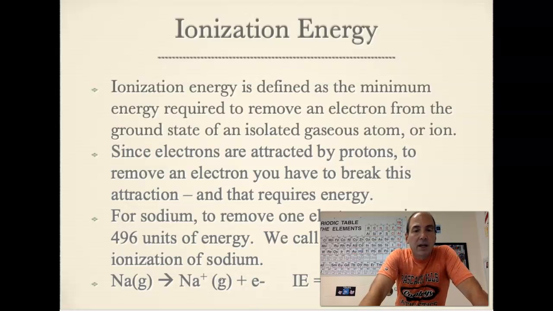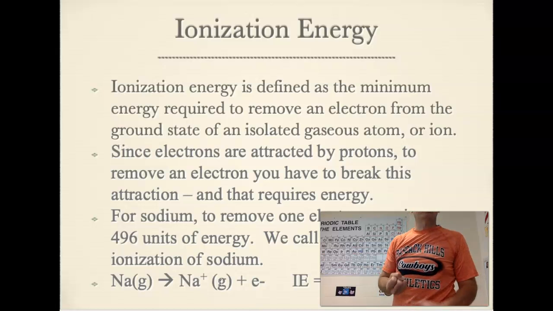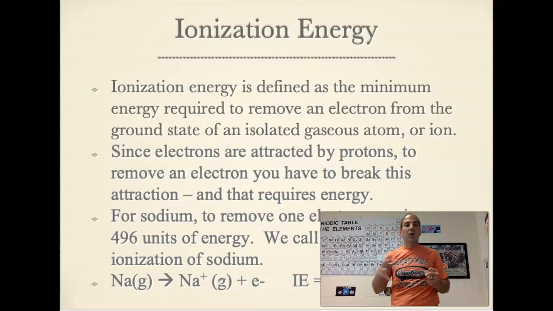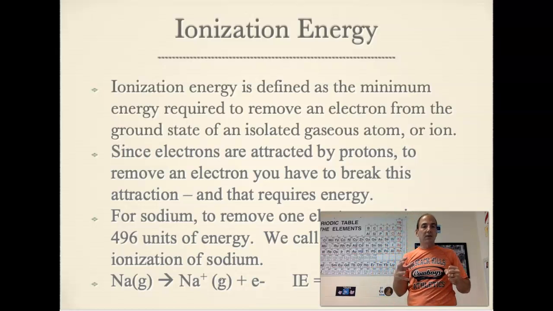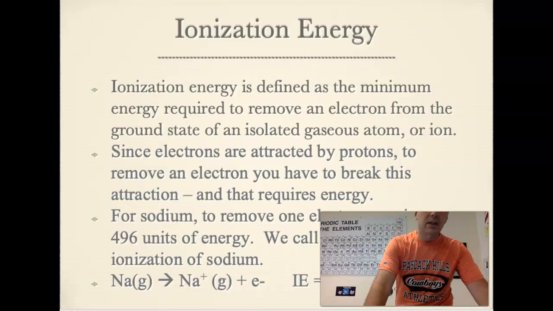So it's energy needed to remove an electron from the atom, simplified down. We're talking about putting some form of energy in, possibly heat, maybe electricity. We're putting some form of energy in order to rip the electron away. Remember, the electrons are being attracted by the protons in the nucleus, right? So as that attraction is there, it takes energy to break an attraction. You're going against what's going on there, so it requires energy. So energy has to go in to get the electron out.